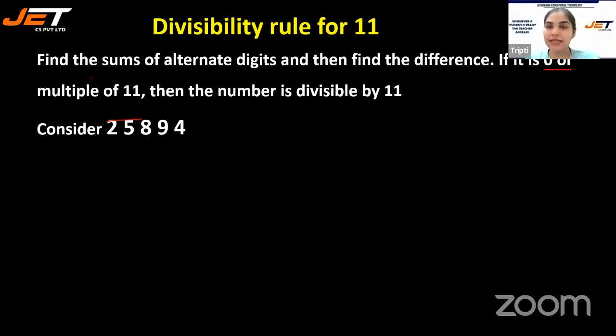This is 25,894, right? So let's see how we can do it. Take the odd places and even places. I'm not saying odd numbers and even numbers. I'm saying odd places and even places. Means you need to take the first place, third place, fifth place, then second place and fourth place. I'm taking the second place and fourth place and adding them. 5 plus 9, 14, and 2 plus 8 plus 4